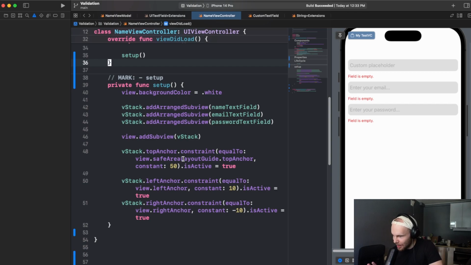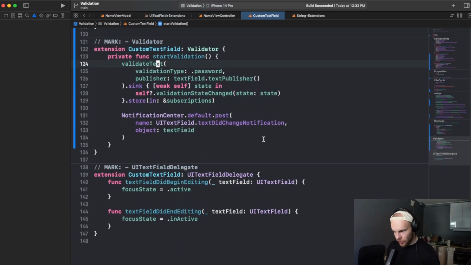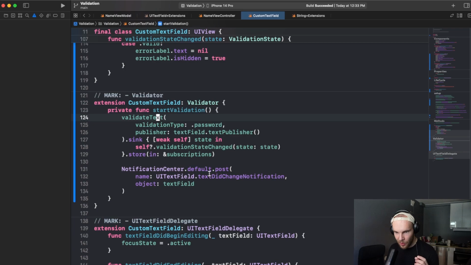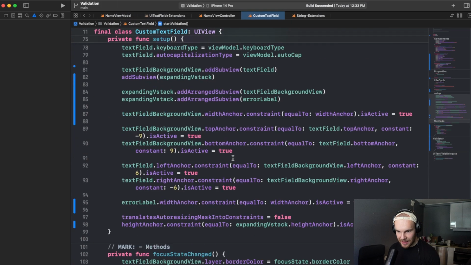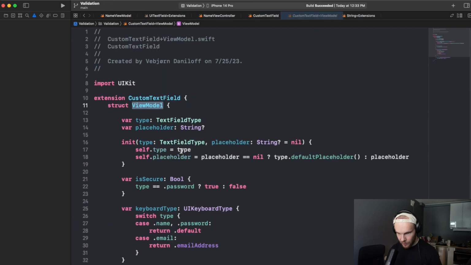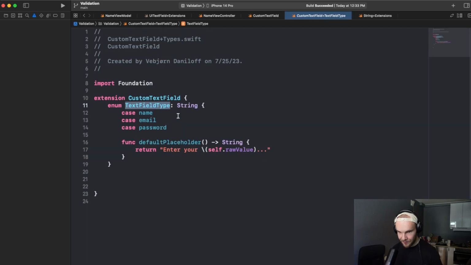Now, I'm still not happy. So let's make two changes that can make our code look beautiful. Two amazing things. Let me show you. So the first one is we can actually take advantage of the raw value of our enum types. And what do I mean by that? Like I said, the validation type has the same cases as this custom text field class. We go to the view model and you see the text field type: name, email, password. It's the same